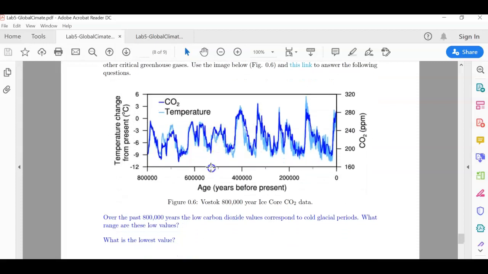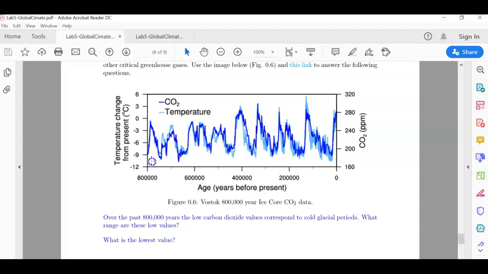So this particular figure has age on the x-axis, so this is years before present. Zero is present, and here you have 200,000 years before present, 400,000 years before present, 600,000 years before present, and 800,000 years before present. This is from the Vostok ice core, which is from Antarctica, and it goes as far as 800,000 years before